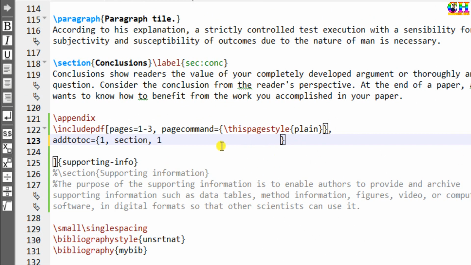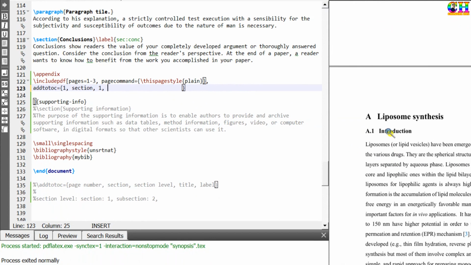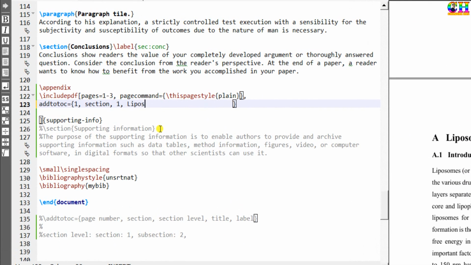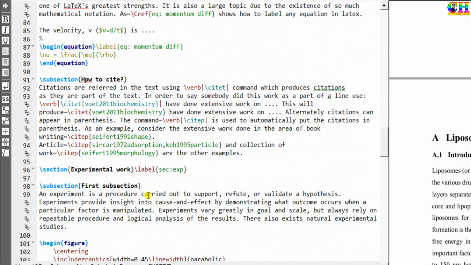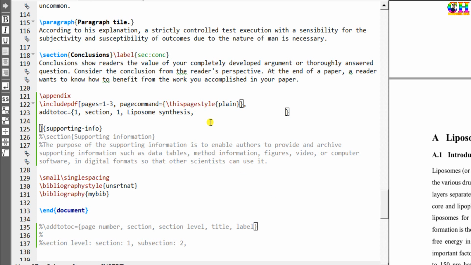Section level. For section it is 1. Title. This we need to write, or any other name you can write which you want to print in your table of contents. And the last one is label. This is similar to what we write with the label command for cross referencing. But here we don't need to write the command, we can just write the label key.